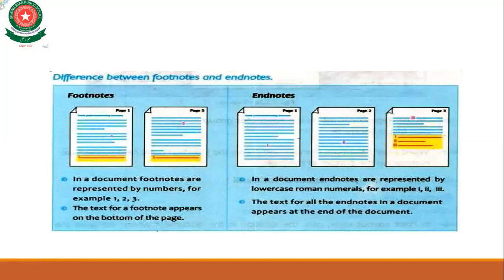Difference between footnotes and endnotes. Footnotes in a document are represented by numbers, for example 1, 2, 3. Whereas endnotes in a document are represented by lowercase Roman numerals, for example